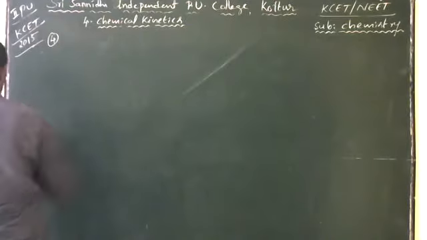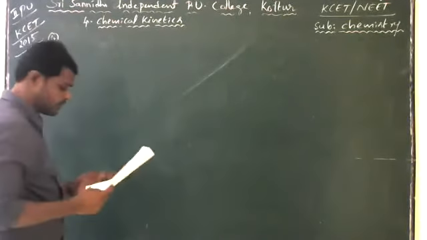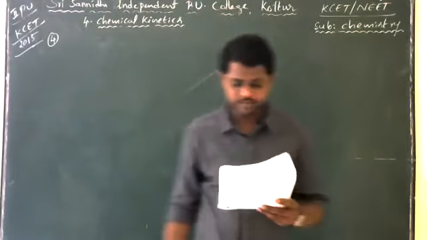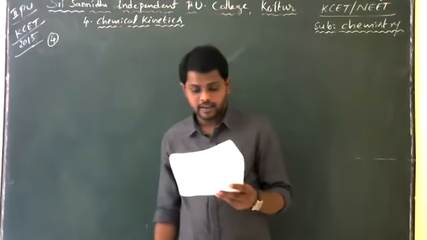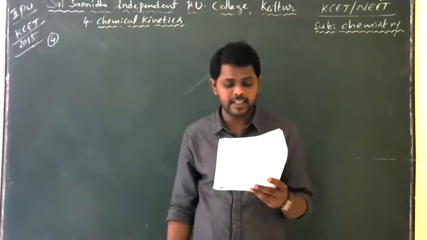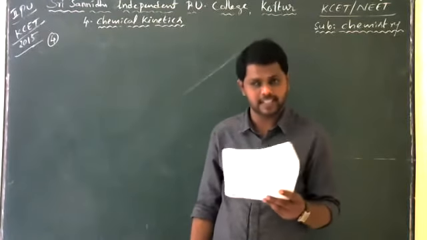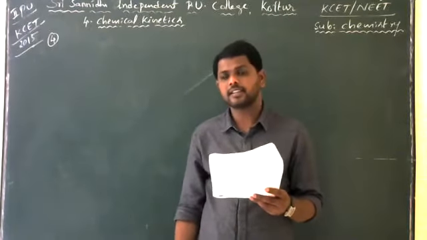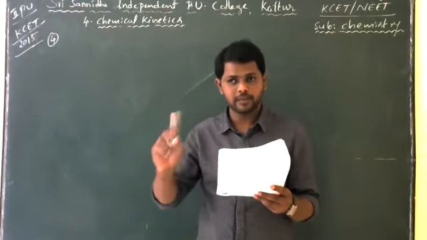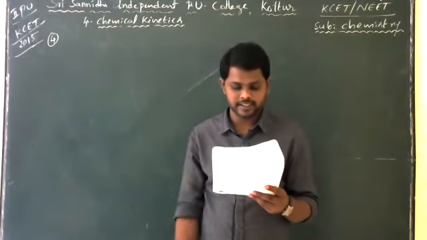In 2015 only, just two more questions. In the first order reaction, the question is you have to read. In a first order reaction, the concentration of the reactant is reduced to 12.5% in 1 hour. Time is given as 1 hour, that is 60 minutes.